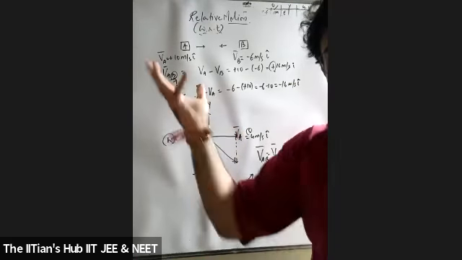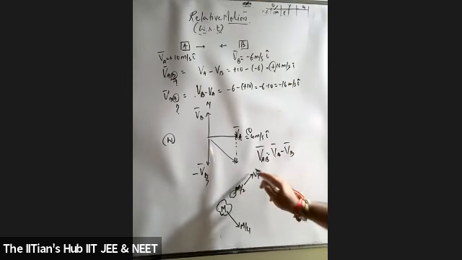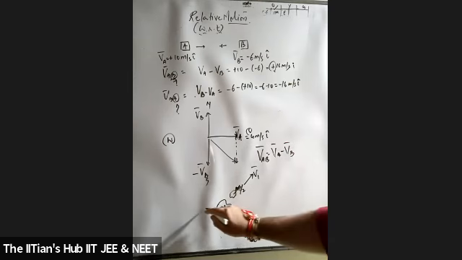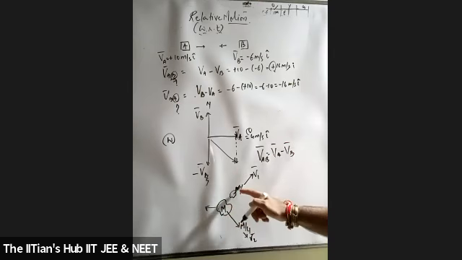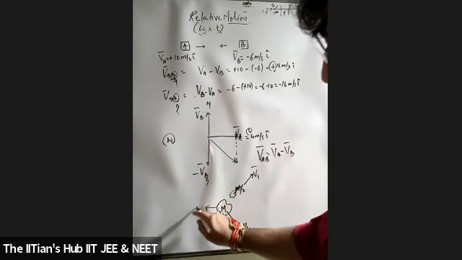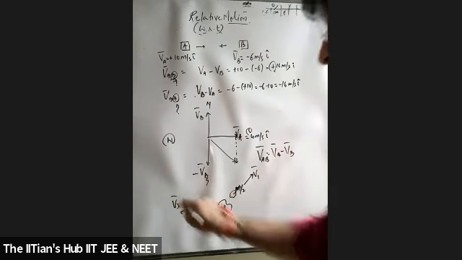That entire mass will break into particles. So let us say one fragment of mass m by 2 goes in this direction with a velocity v1. The second particle goes with a velocity v2. And the third fragment goes, and what will its mass be? This is half, this is 1/4, so half plus 1/4 is 3/4. So how much is left? The remaining mass will be 1/4, right? Okay, it went this way with a velocity v3.